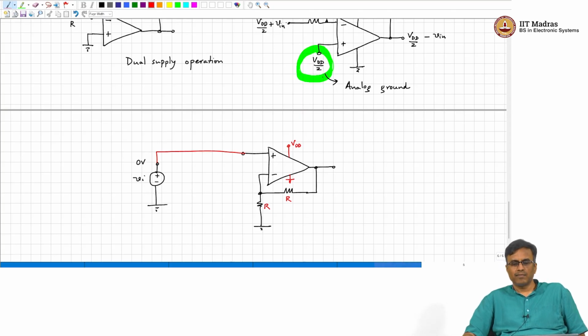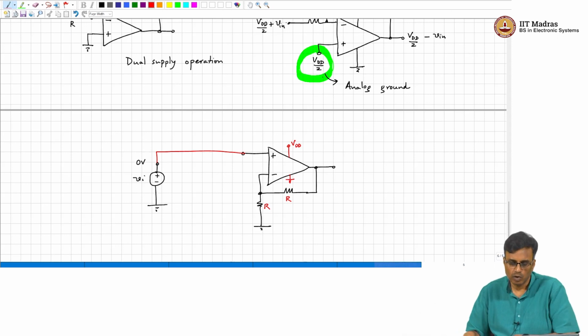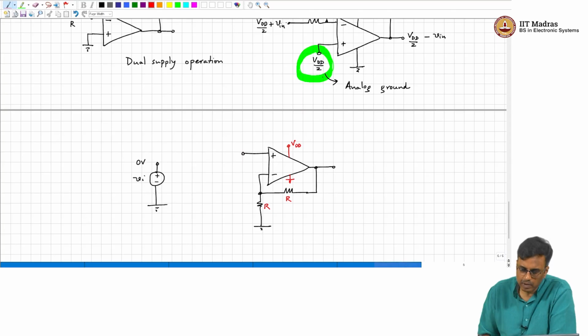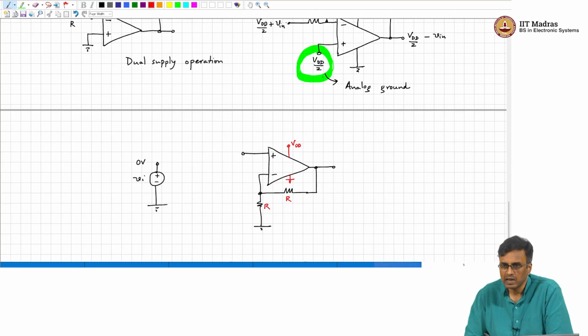Yeah, if Vi is 0, there is no input signal, or the input signal is so small. What is the common mode at the input of the op amp? 0. Okay. So, what does this mean? Will that be in the common mode range of the op amp? It won't be in the common mode range of the op amp. So, the first thing we need to do is push the common mode up to VDD by 2,